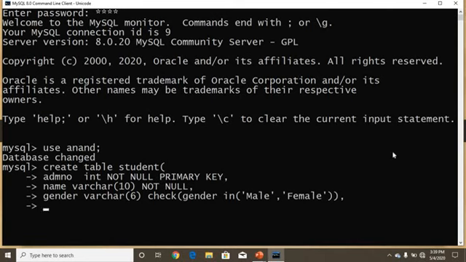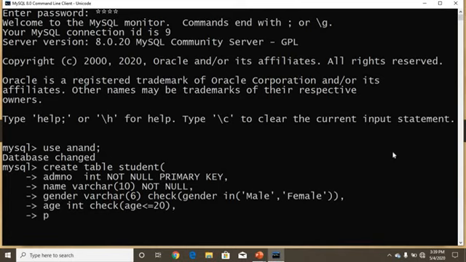See the next column is the age column. In the age column also, I am going to set a check constraint: age integer check. Here only one condition I am going to place: age less than or equal to 20, which means if I give more than 20, it indicates an error.